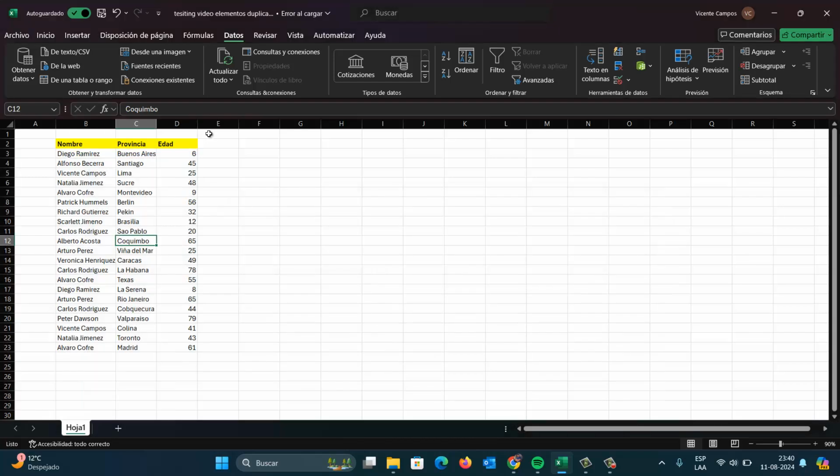Okay, but we could have a problem. What is the problem? It is that the table is destroyed, because we have some elements that are hidden and could be very important information for us. So to fix that problem,